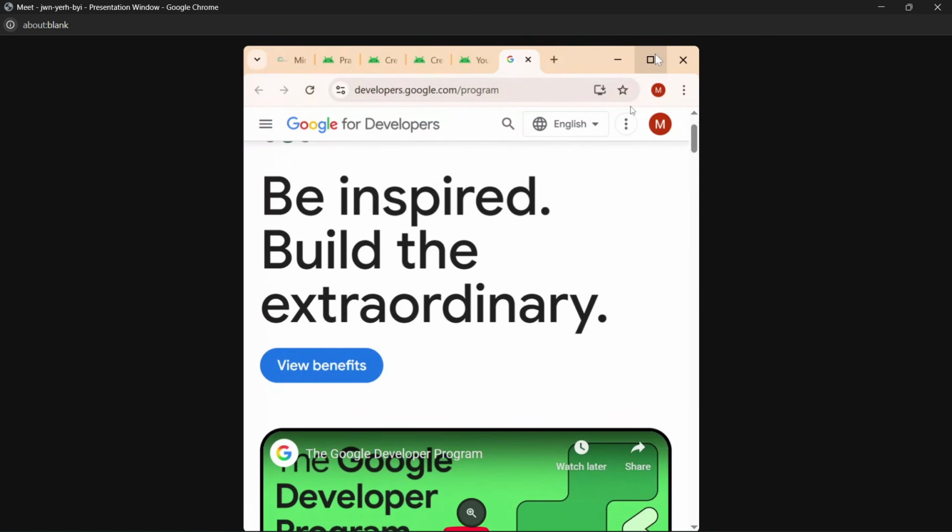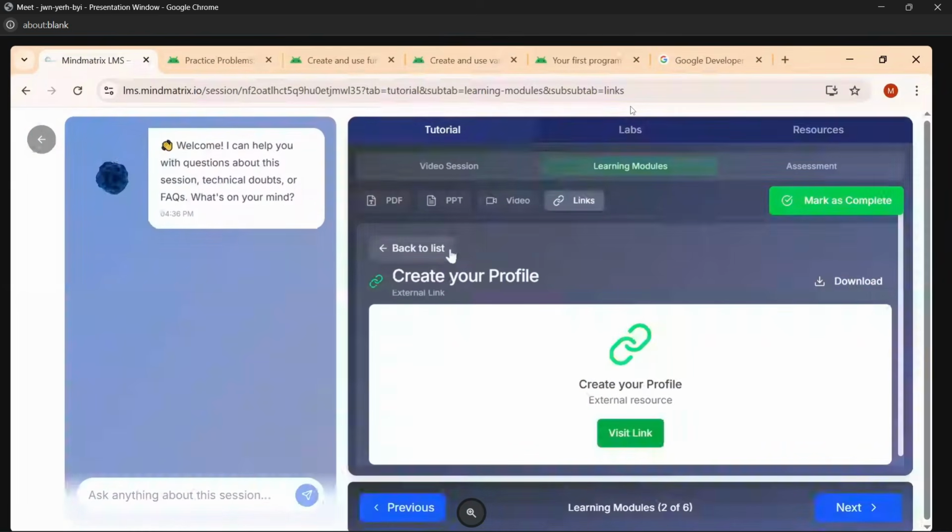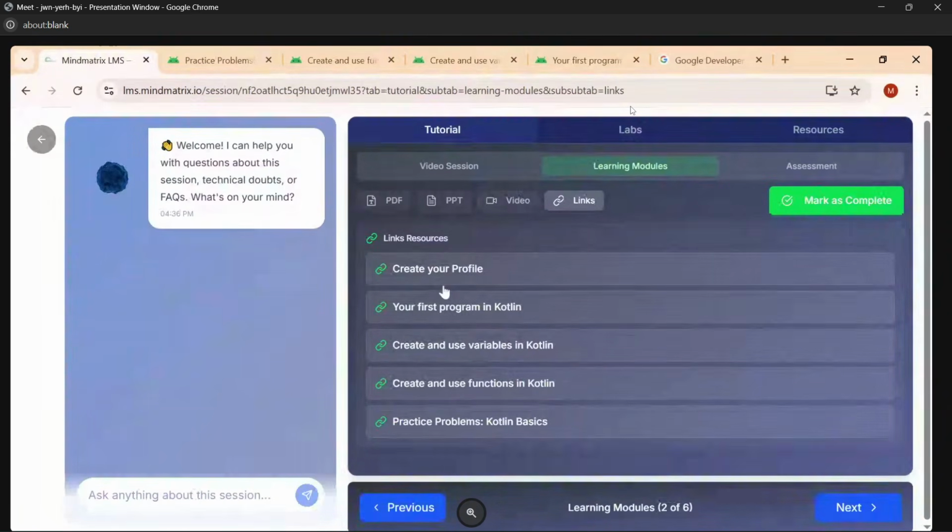So next, we will move on. After clicking on one link, you have to go back to that list. You can click on back to list or you can just click on the links. Click on back to list. So another 4 links will be there. The first one is creating a profile. If anyone has not created it, you just go and create. If you have already created it, you just leave that. The next link is your first program in Kotlin, and another